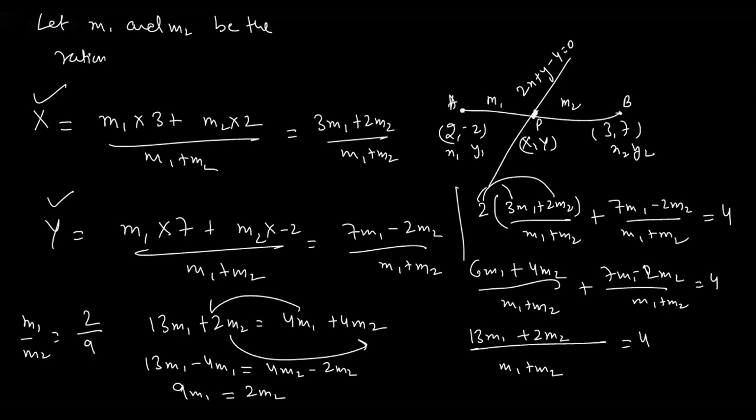Let's suppose this point, this point, and this point are on the circle. Okay, these are the 3 points through which a circle is passing, and we have to find out the center of the circle. So how can we find out the center of the circle? Do you have any idea?